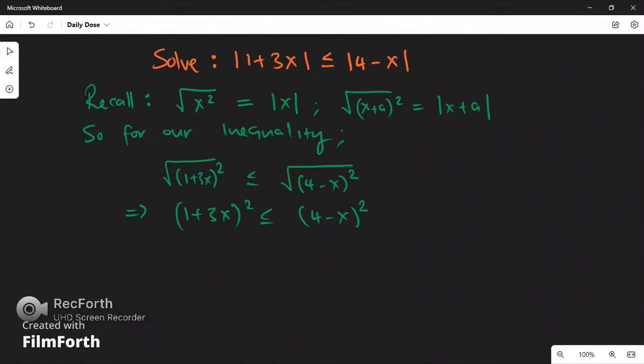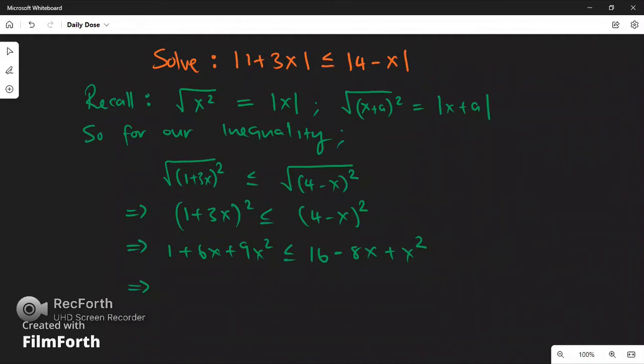You see, so when now you have this, the next thing that you can do is expand both the left and the right hand side, which in this case will give us 1 plus 6x plus 9x squared is less than 16 minus 8x plus x squared. Now we can take all the material on the right hand side and throw it on the left hand side, and then this will lead us to get